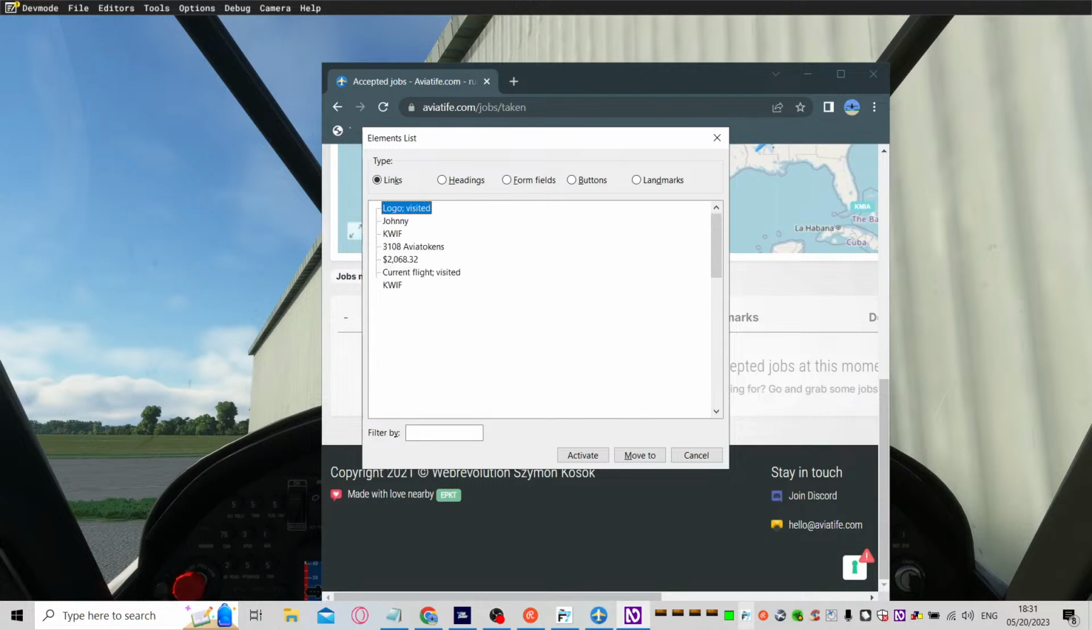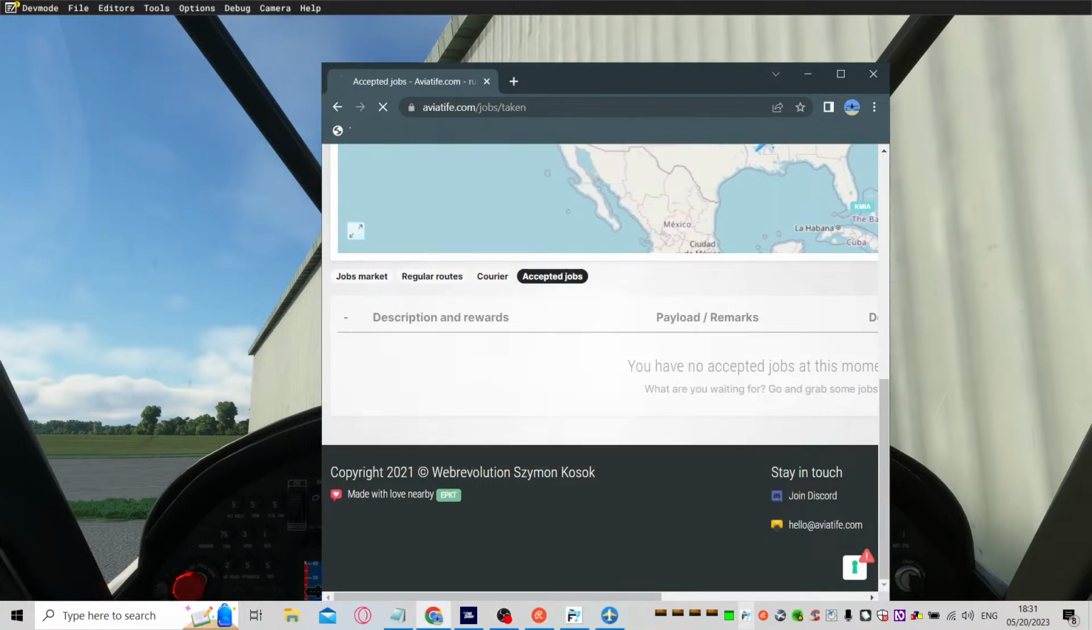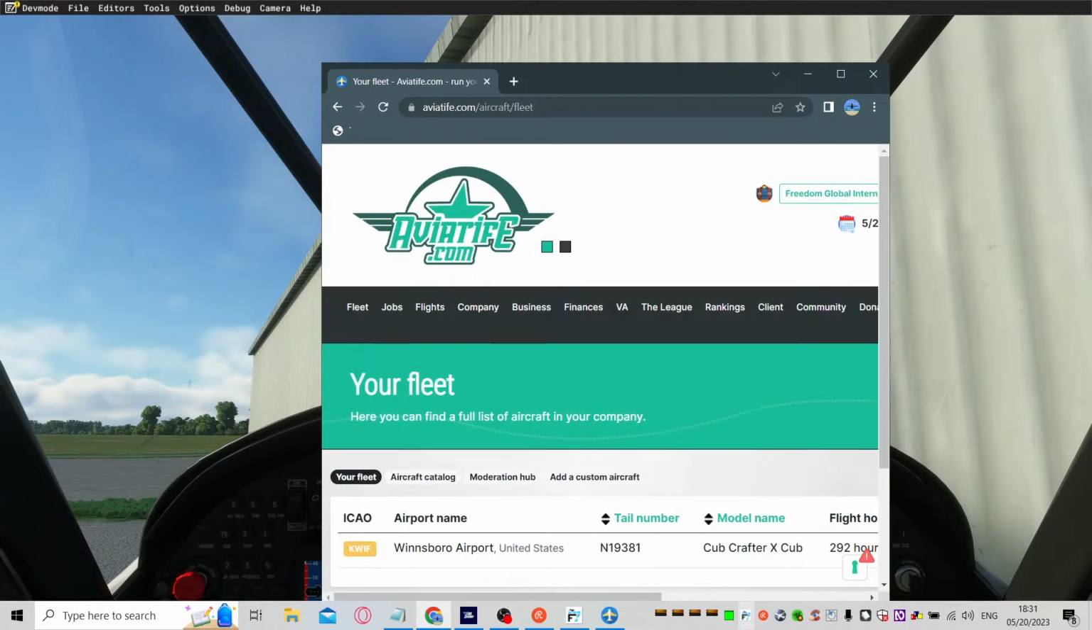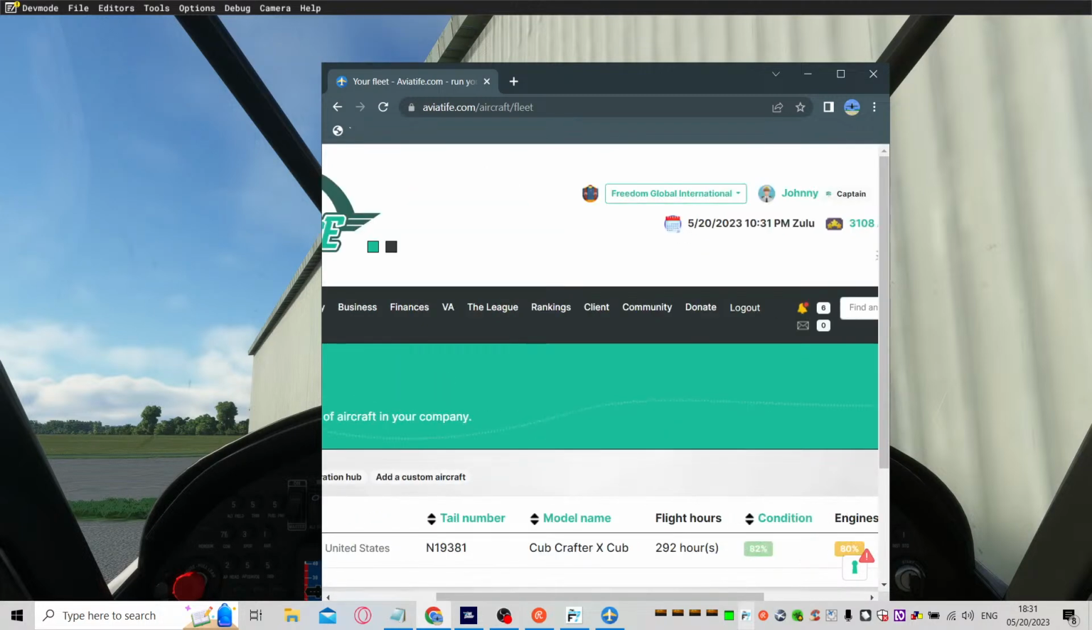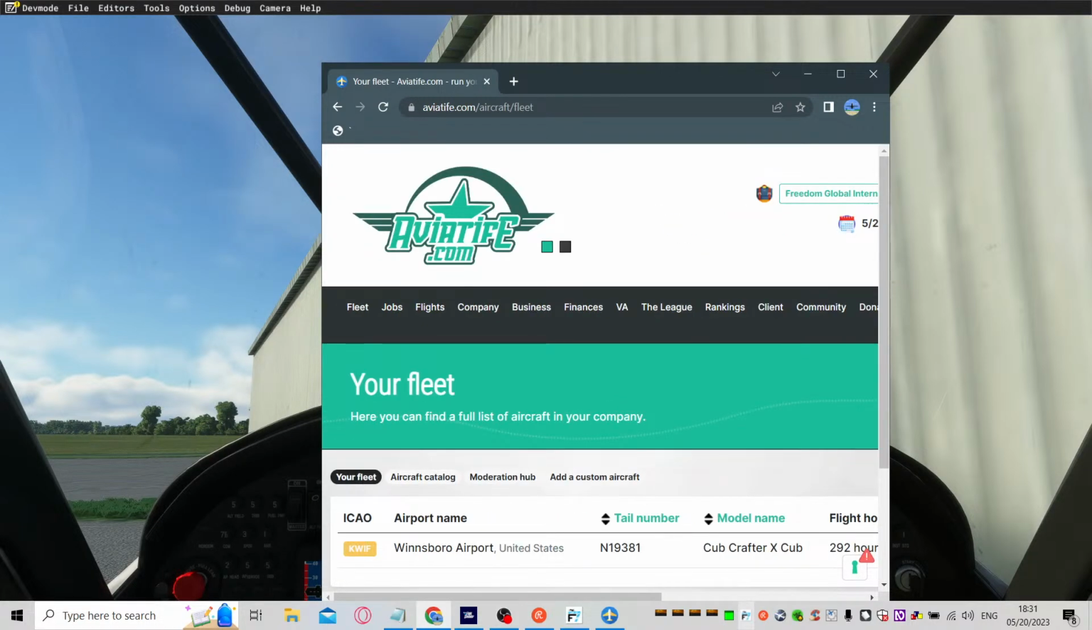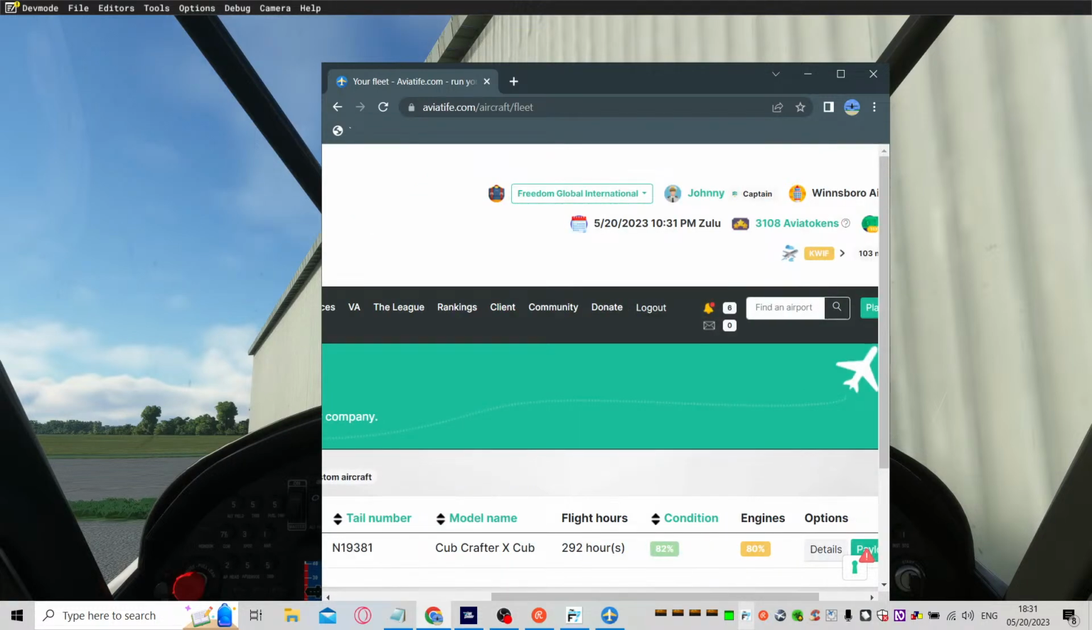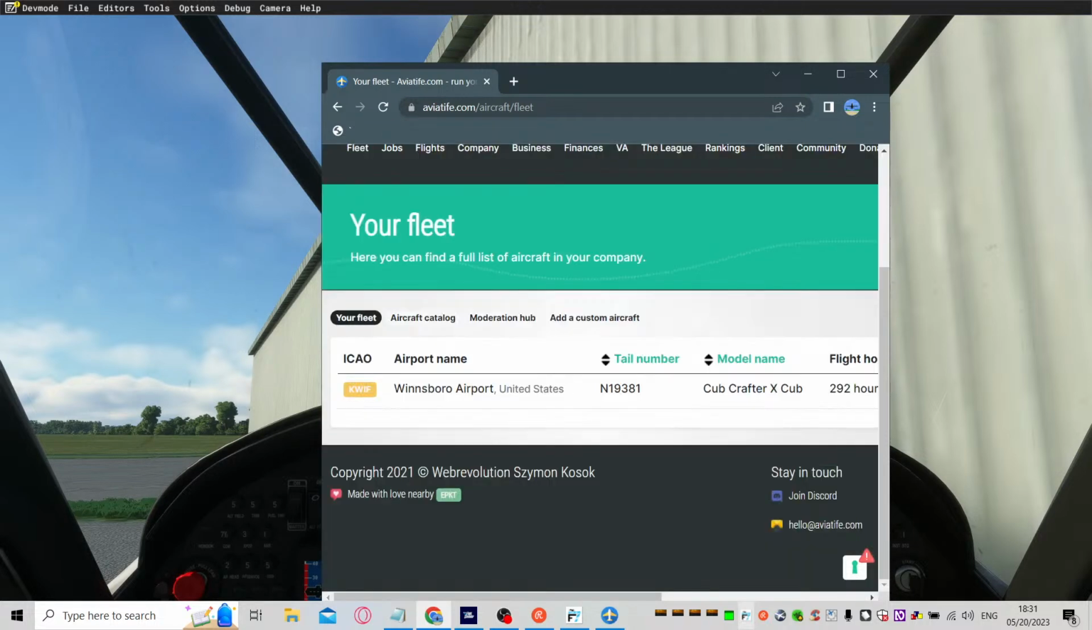elements list dialog, preview, please visit 948 level 0, your fleet vitals.com, run. Visit link, your fleet heading level 2 here, visit link at table, column 6, link, column 7 engines, column 8 options, rows to column 1 link with, airport name, column 2 Windsboro, sortable tail number, column 3 and 19, sortable model name, column flight hour, column 5, sortable condition, column engines, column 7 8 options, column 8 visit link details, link tables, out of table heading level 5, copyright 2021, copyright with table with 2 rows